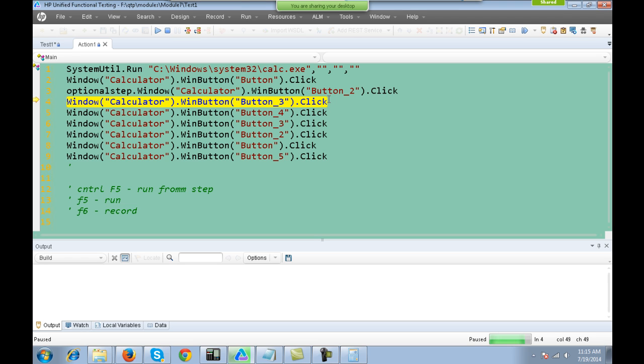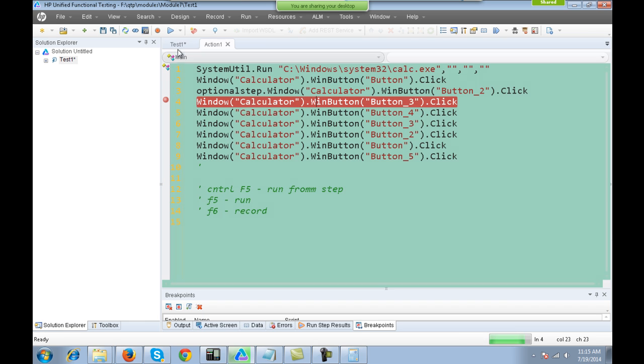I am not hitting F10 right now because if I hit F10, then the recording stops. The shortcut for stopping the recording in the recording software is F10. So I am not hitting it right now. Alright, so if you hit F10, you can debug the script. You can run the script line by line and you can see the output. This is to debug, to run line by line,